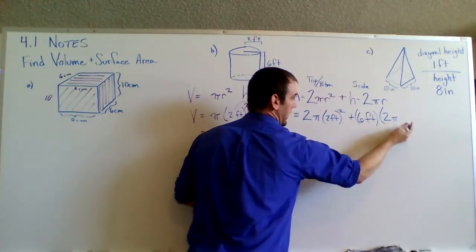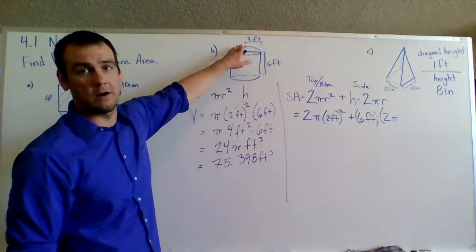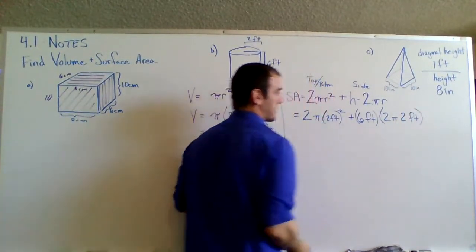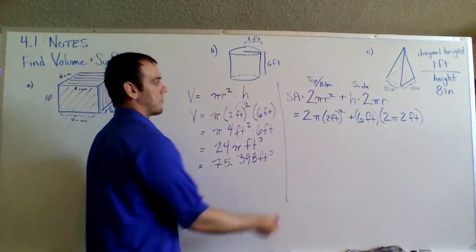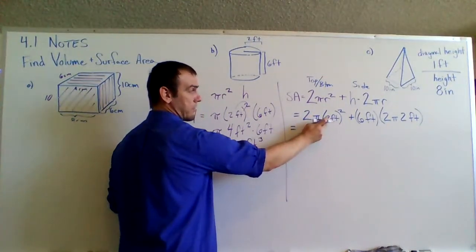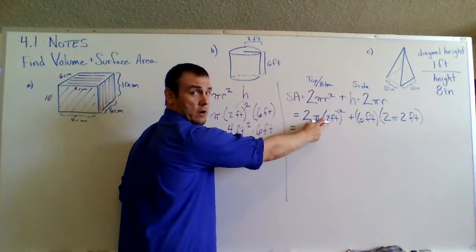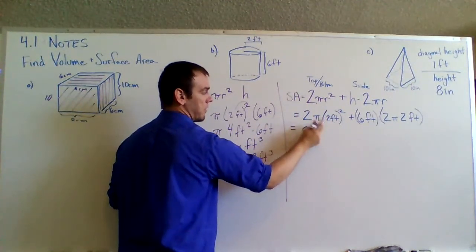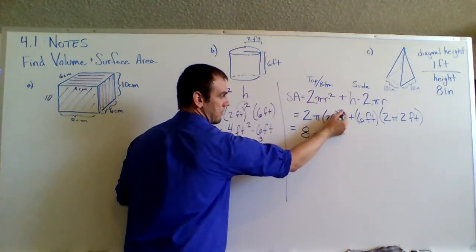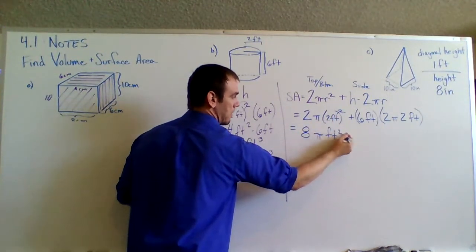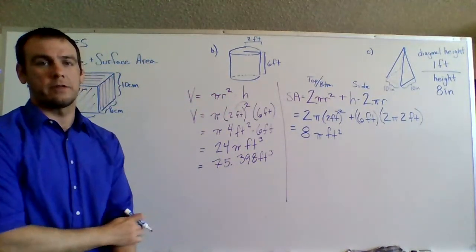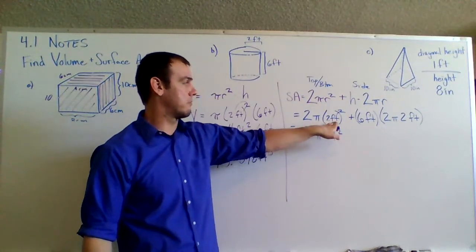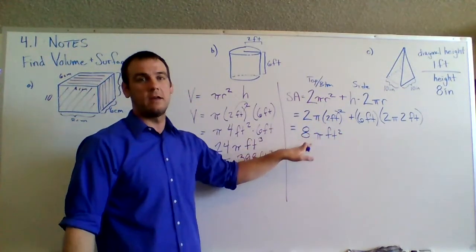Multiplied by 2 pi times r, and once again r is going to be 2 feet. Okay? So, when I multiply this all out, I've got 2 squared, which is 4 here. 4 times 2 makes 8 pi, and then remember we have feet squared. Hopefully that's not too much in one step for you. Okay, we're just squaring all of this, giving us 4 feet squared times 2 pi, giving us 8 pi feet